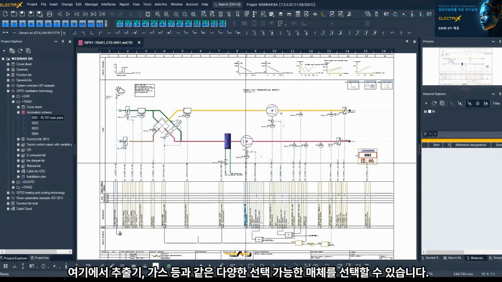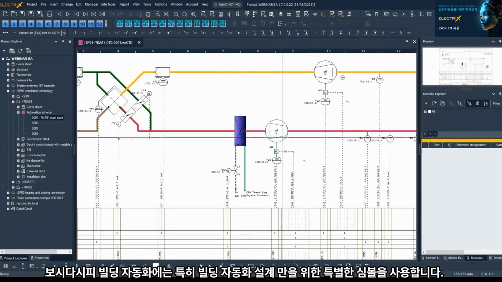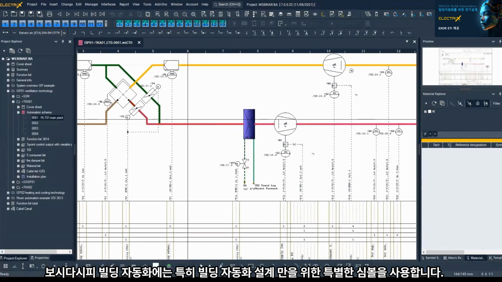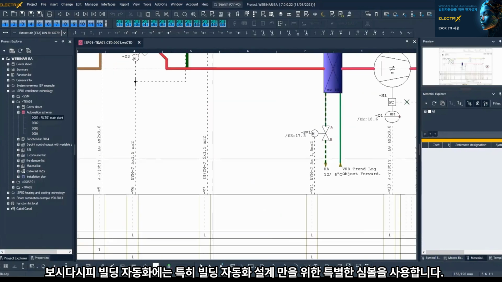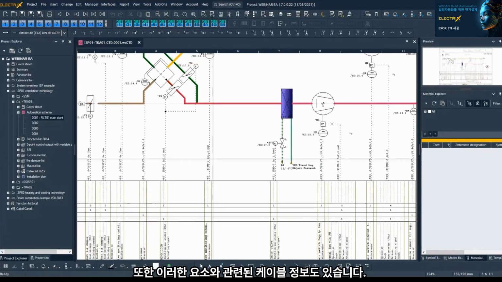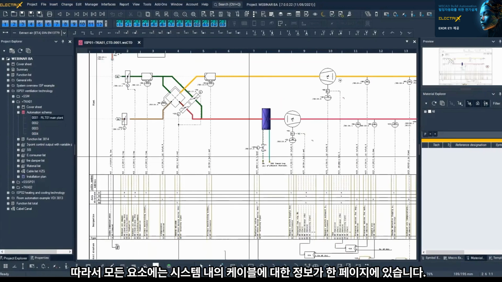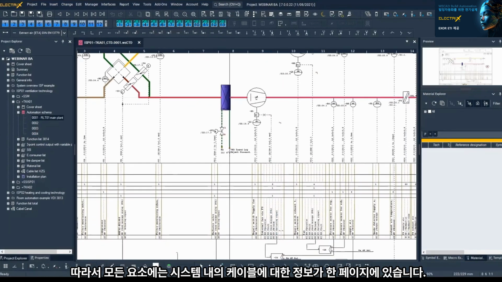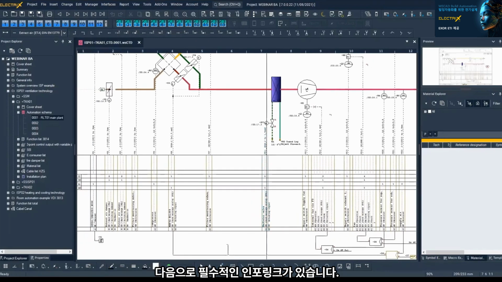We can choose. And as you can see right now, in building automation, we have different special symbols, especially for building automation. And as you can see here, we have also information about the cable. So all these elements have information about the cables in one scheme. If we go forward, now we can see this